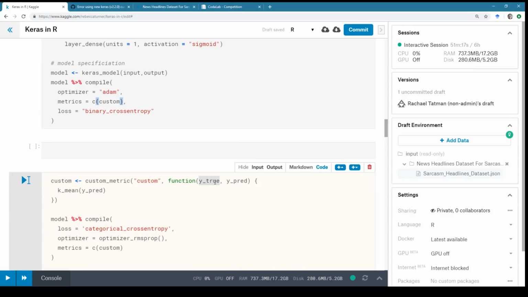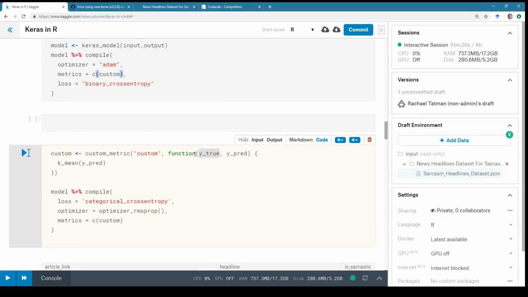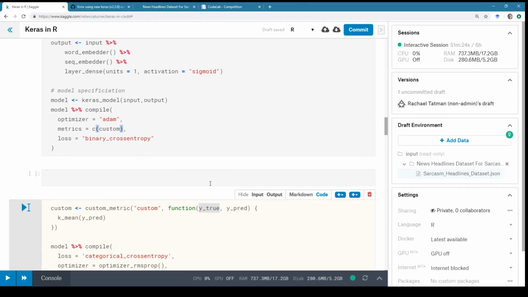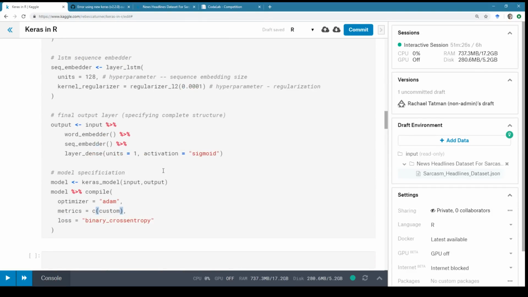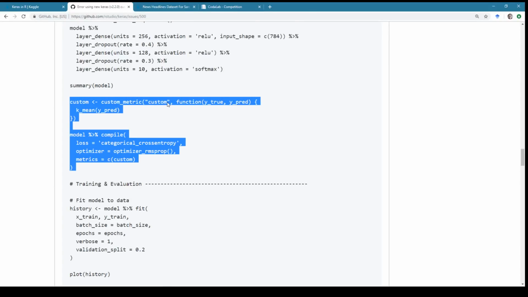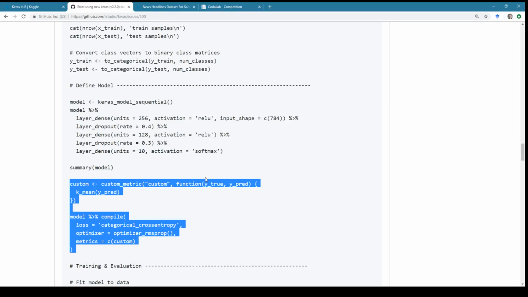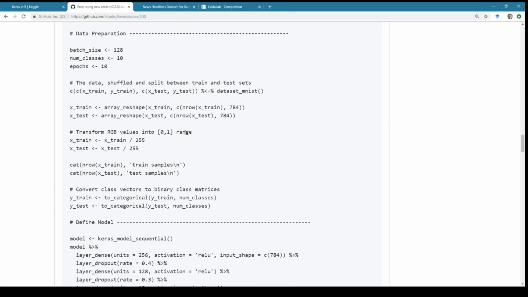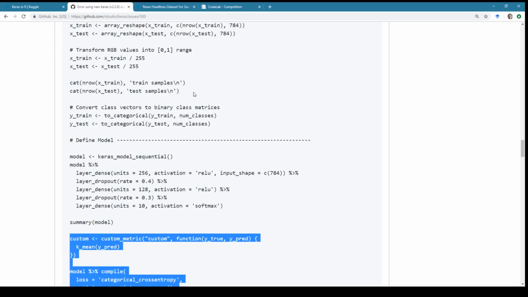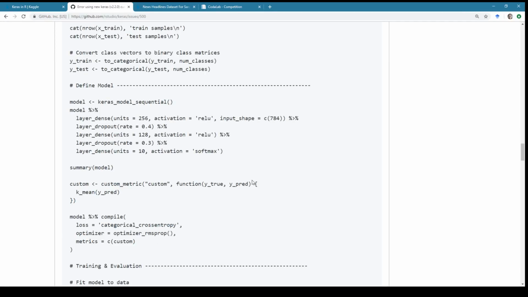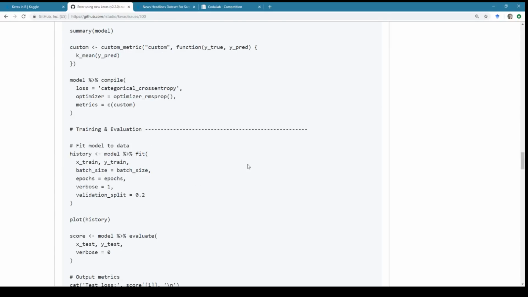So we have a function, and then our input is going to be the actual thing. All right, I don't know where they're getting ypred from. So that might be the name built into it.